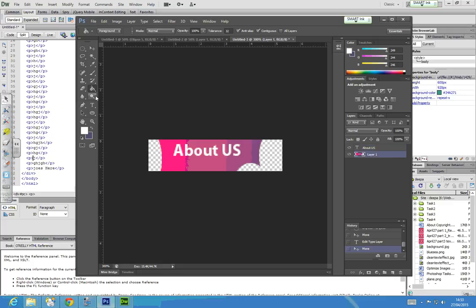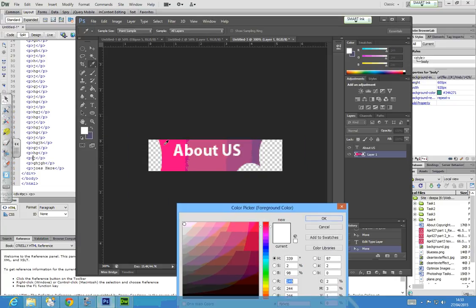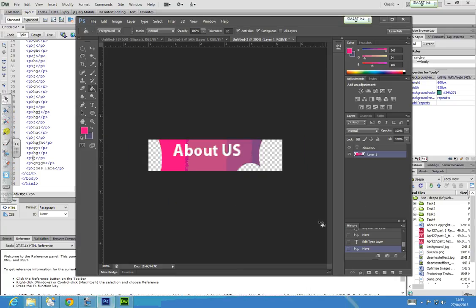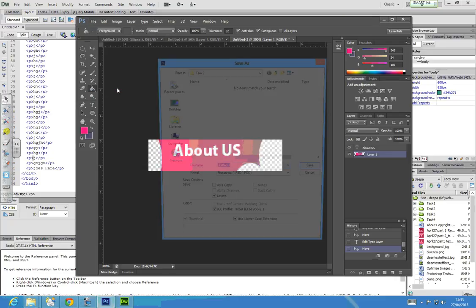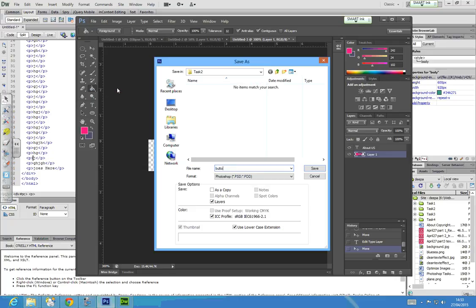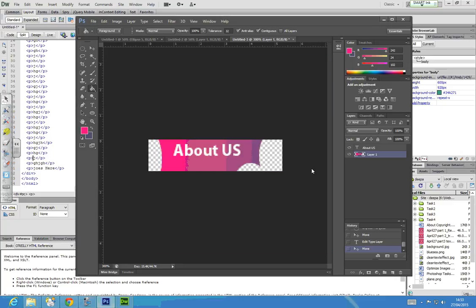So if that's the case, I am on this layer. That was your dark. So am I changing the gradient? Okay, let me just do file, save. I've saved this as a PSD, so that before I make any changes, I've got my original PSD. Great. If you want a gradient, it's still fine. If you don't want a gradient,